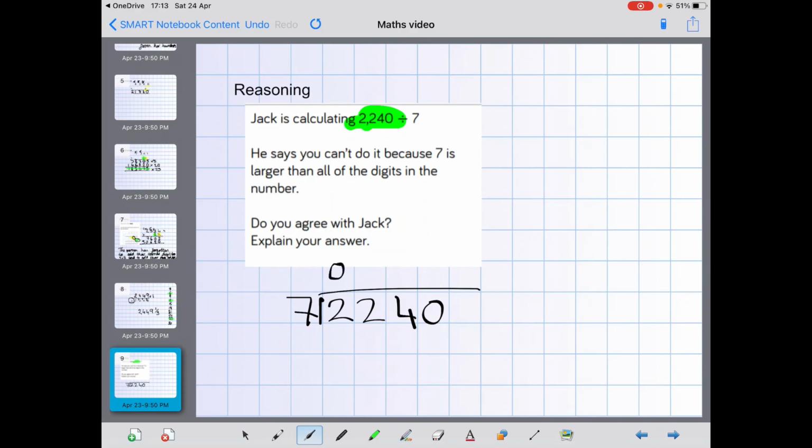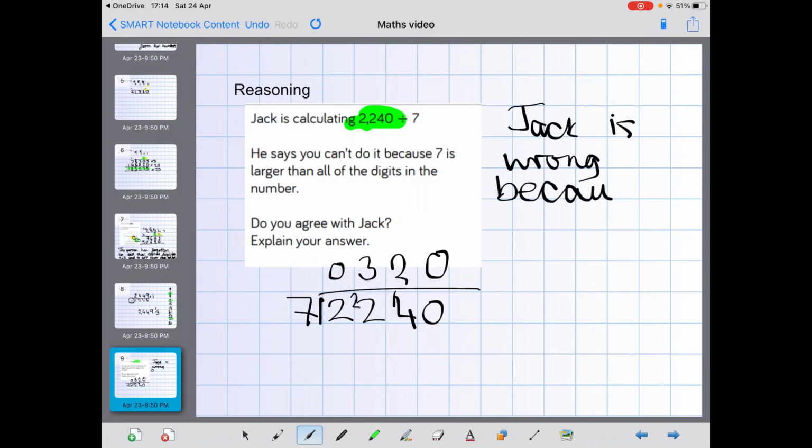7s into 2 you can't do, you've got a remainder of 2. 7s into 22, the closest number is 21, which is 3 times 7, and you would have 1 left over. 7 into 14 is 2, and 7s into 0 is 0. So the children should be able to explain Jack is wrong